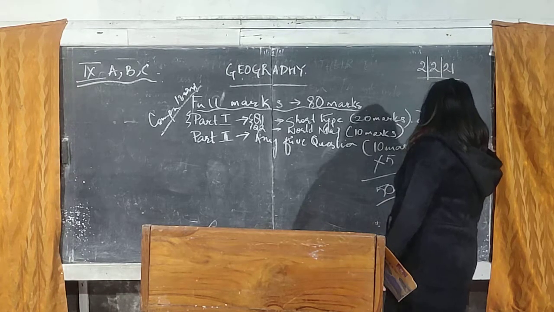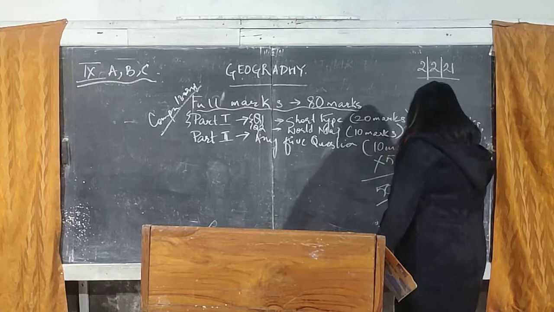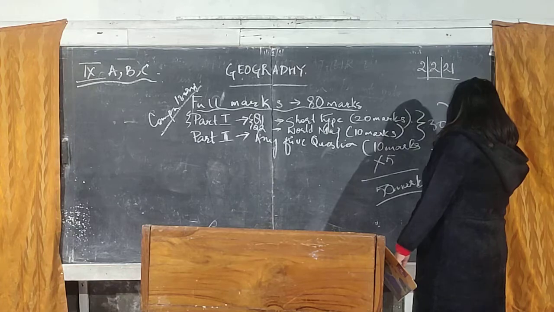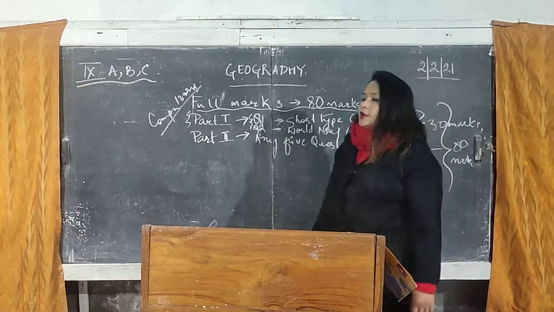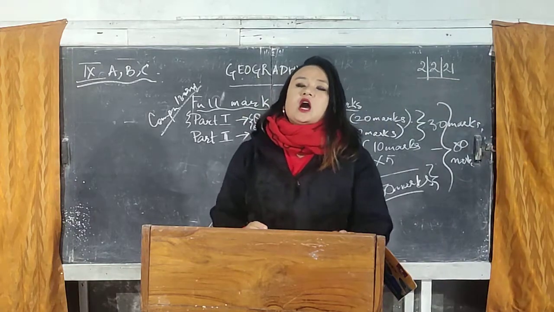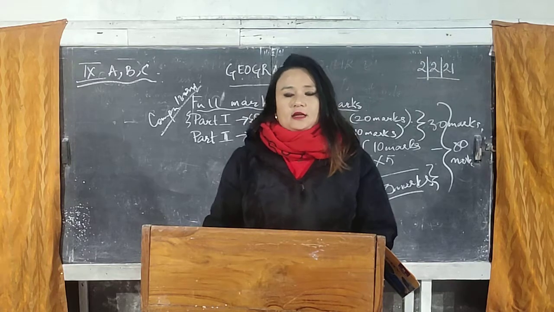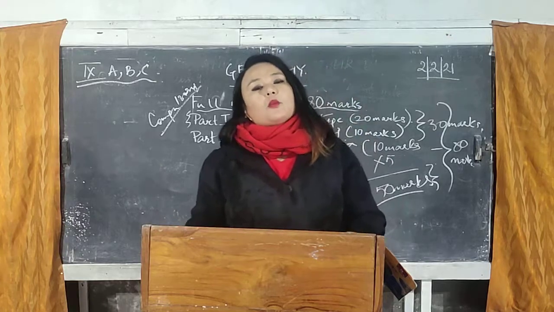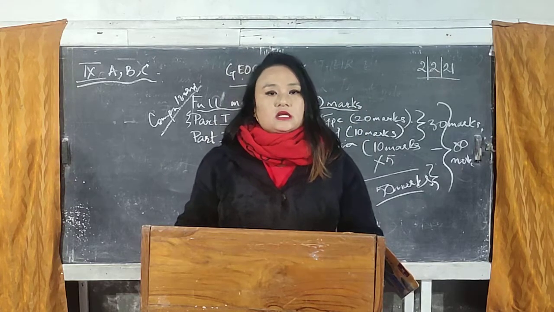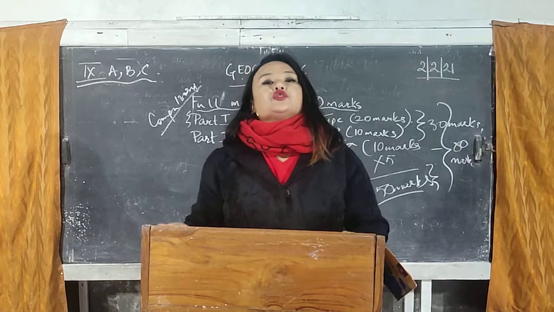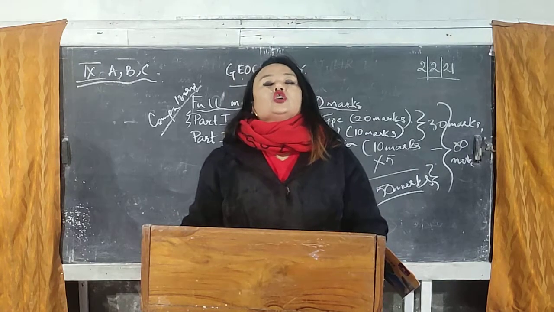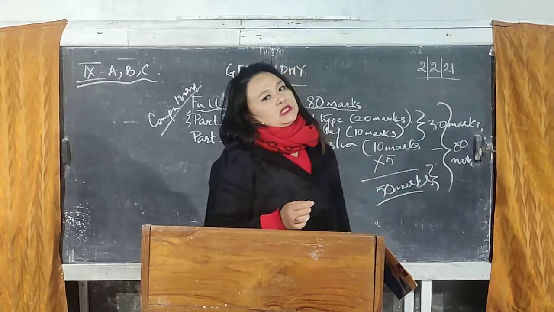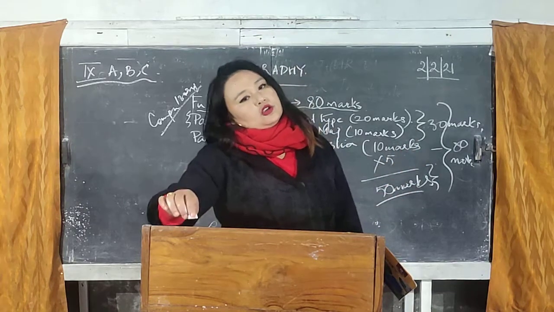So 50 plus your 30 together, part 1 and part 2, is 80 marks. So 80 marks of theory questions are going to be asked in your examination under your class 9 geography syllabus. The remaining 20 marks are for project work. Project work is an internal assessment; the topics will be given to you, you have to prepare the project, and accordingly your marks will be provided. So 80 plus 20 is 100 marks for your geography.